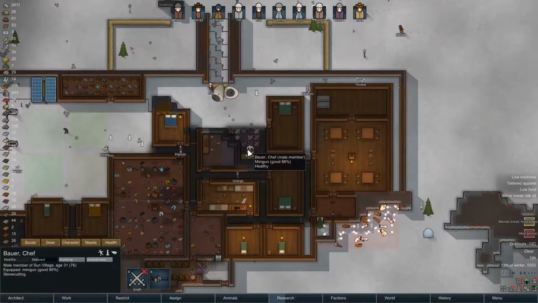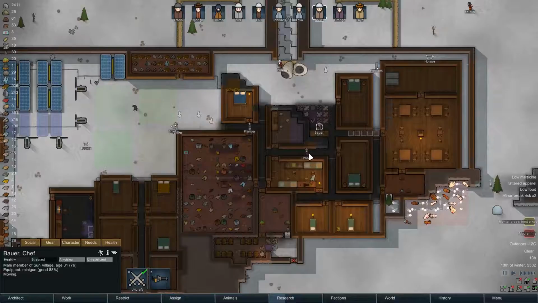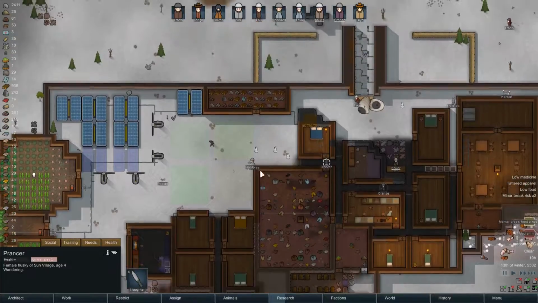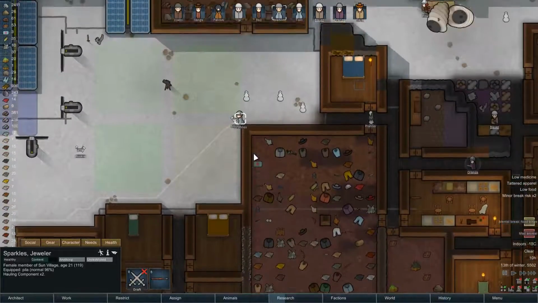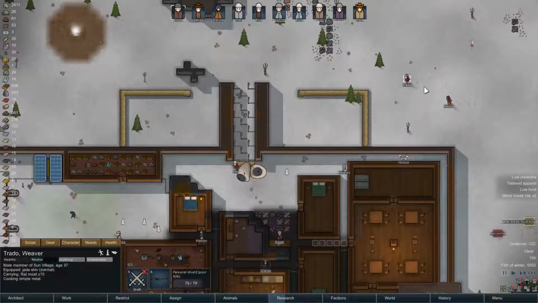So, Bauer, do you have a ranged weapon? Awesome, you do. Let's put you behind defense number 1. And orange, since it's attacking you, might as well put you over here as well, because it should continue to attack you or decide to attack you. I think Sparkles will get you outside, or will we let you continue hauling those components? Nope, we're going to grab you and put you outside as well. Who else can we grab? Trader, you've got some rat meat. The same with Falcon over here,